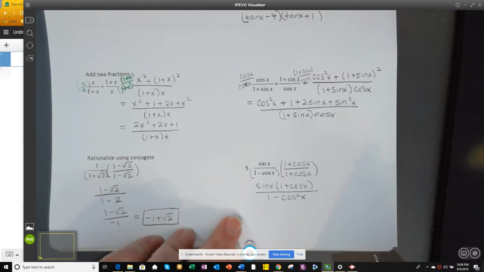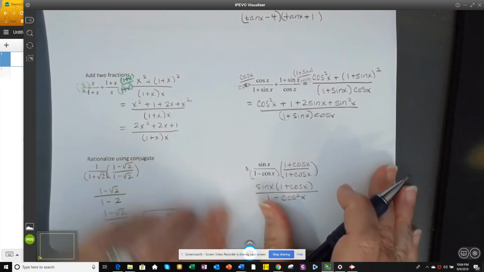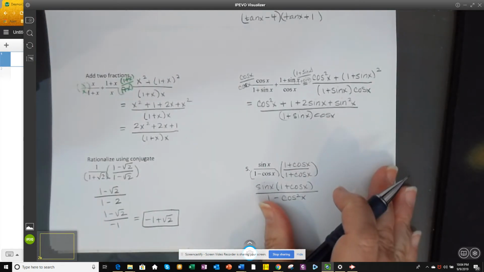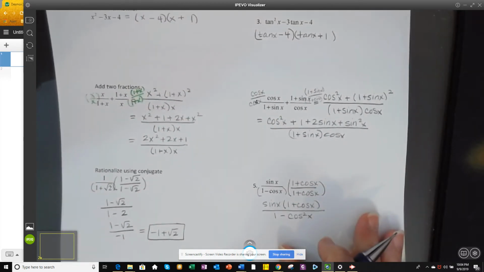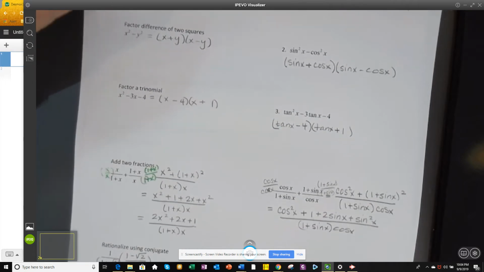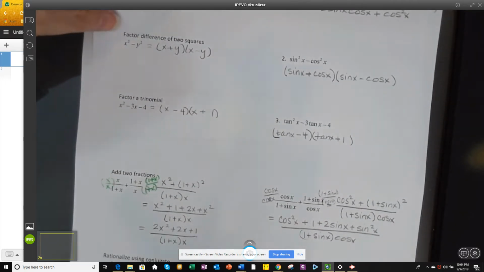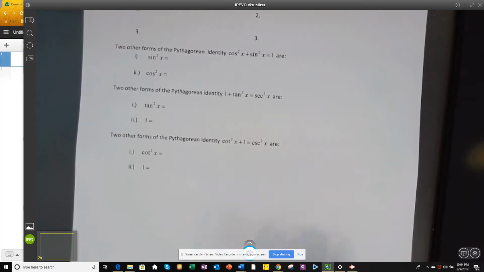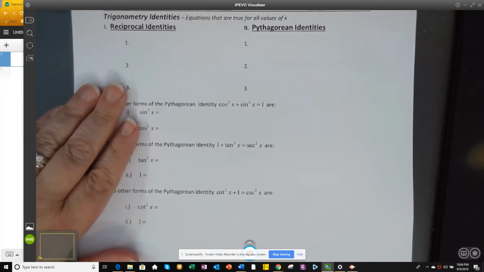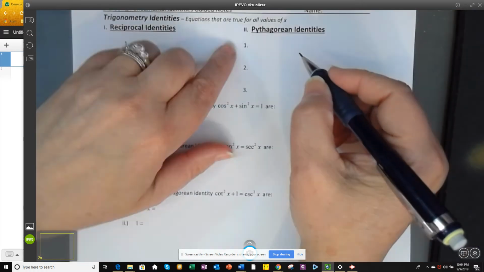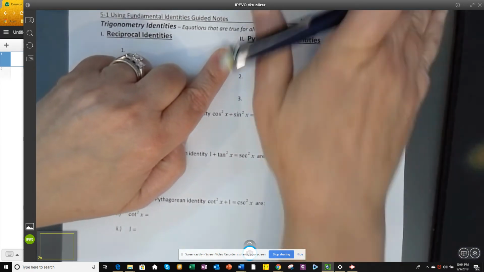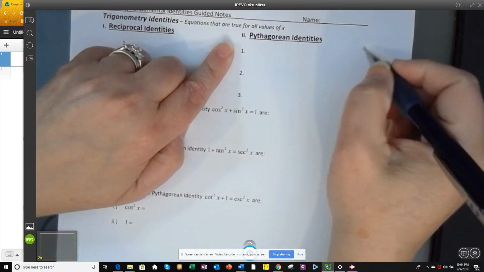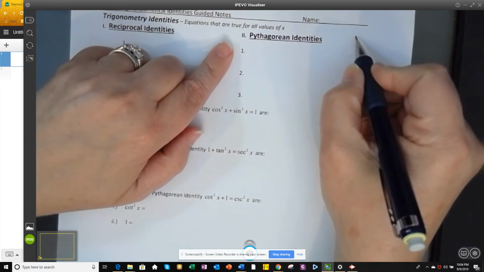All right. Now you might think, well, why would we do this? Well, because we have fun and exciting equations to solve that involve trig functions, which is really cool. All right. Now, we're going to learn about something called identities. And we've learned about one of them already. And I'm going to start with the Pythagorean identity, the one that we have talked about before. A Pythagorean identity implies that we're talking about a right triangle. And if you recall,